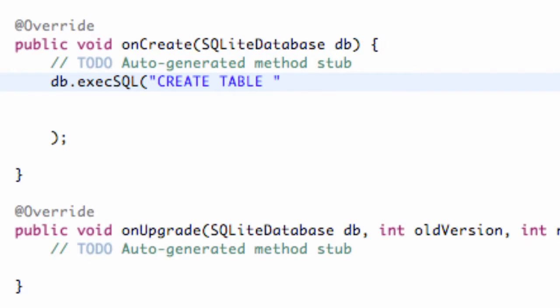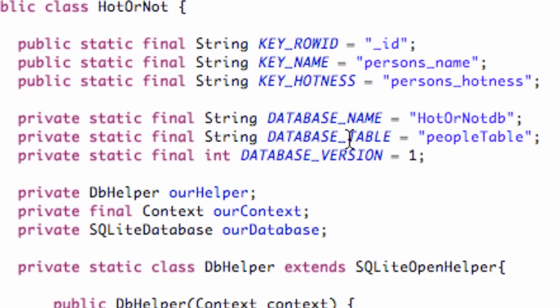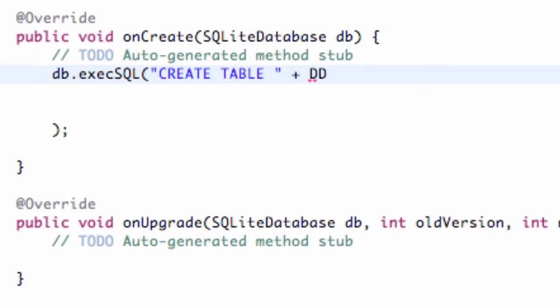You guys have to follow along pretty closely here, make sure everything's accurate so the SQL can be executed. So we're going to have this command called create table, and then we're going to reference our table name. So our table name was called database table right here. So we're just going to say DATABASE_TABLE,